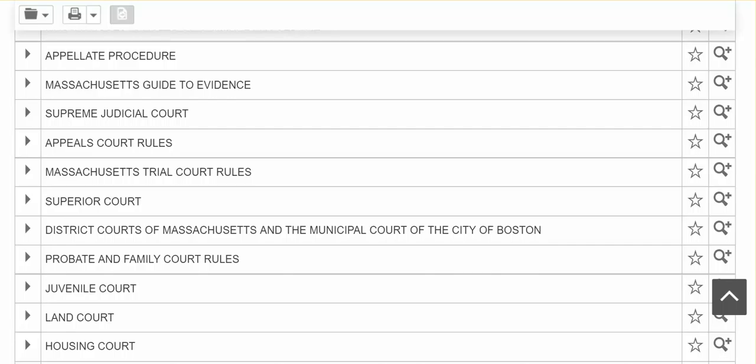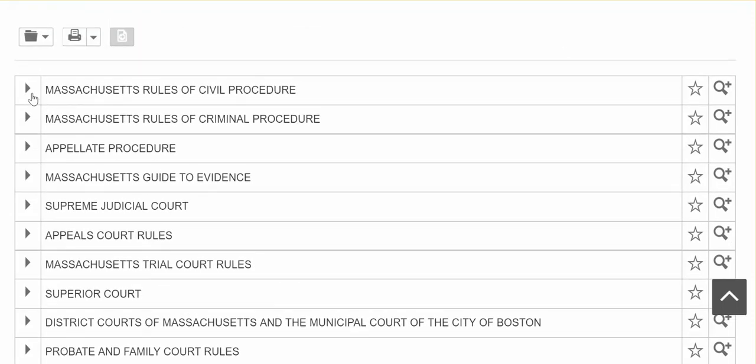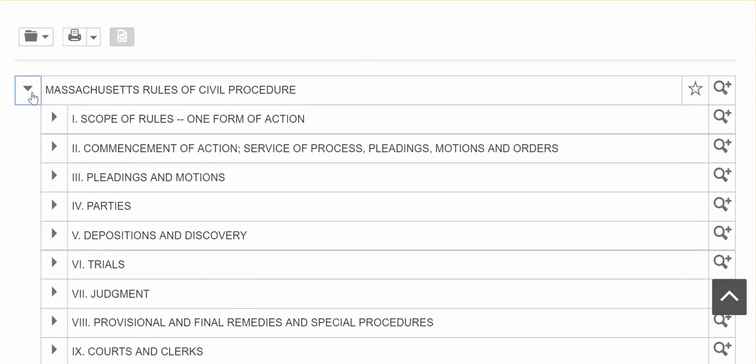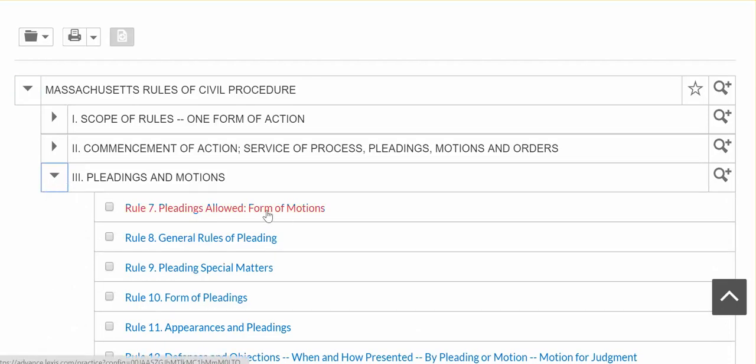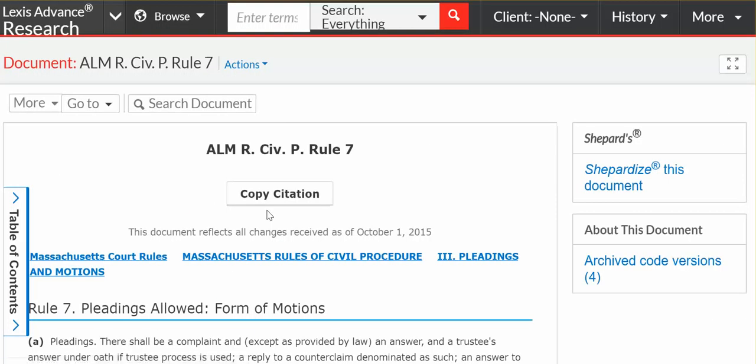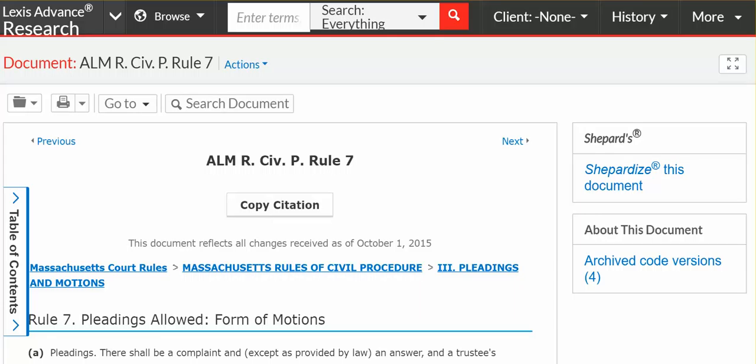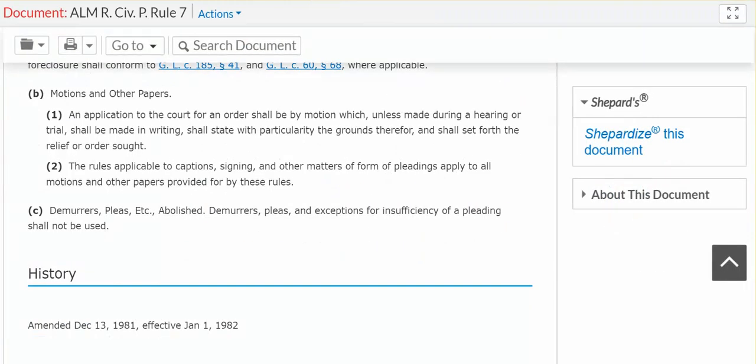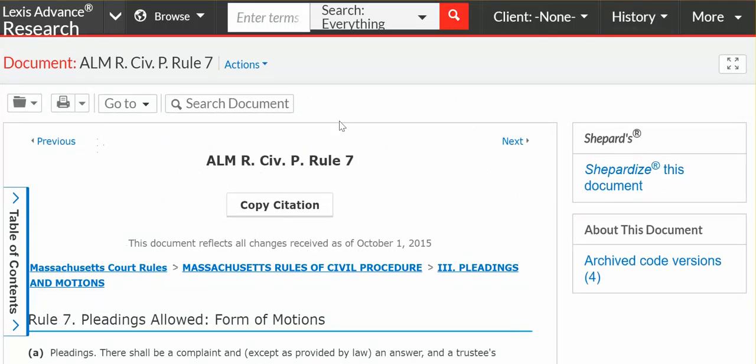Let's take a look at the Massachusetts Rules of Civil Procedure, just so you can compare how they look on Lexis from what we looked at on Westlaw. And again, we're going to look at Rule 7. And we're looking at Rule 7, Pleadings Allowed and Forms of Motion. So again, this is an annotated version of the court rules, but on Westlaw, we clicked on the top for